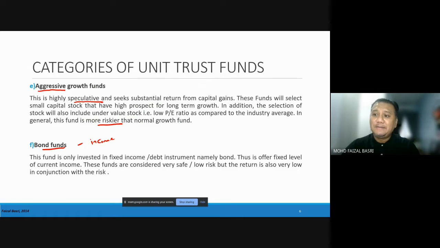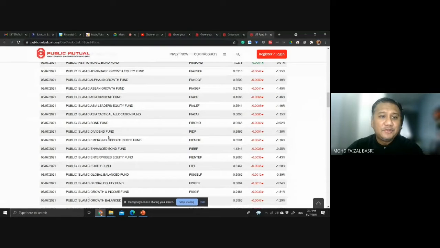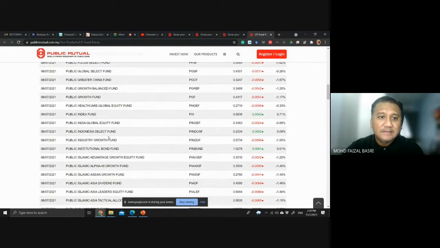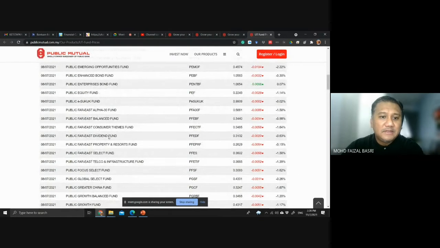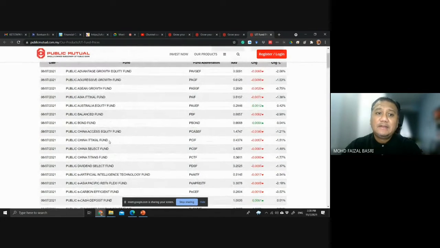These are just categories, but as you saw earlier, I showed just one investment company, and it has sometimes hundreds of types of unit trust. Earlier someone asked about overseas, I forgot to explain. Here there are also some that have exposure. Like ASEAN means it will invest in the ASEAN stock market. Some are maybe specific to certain countries. Like telco, it invests in this particular fund only: telco and infra companies in the Far East. So there are all kinds. The name itself actually represents the exposure. If it is Australia, then we know it will invest in Australia.